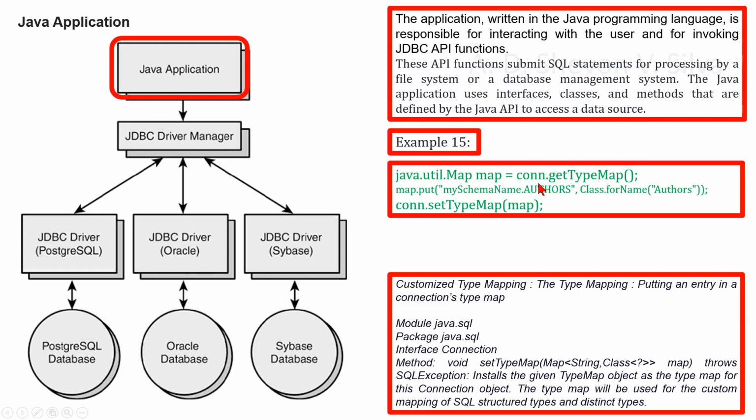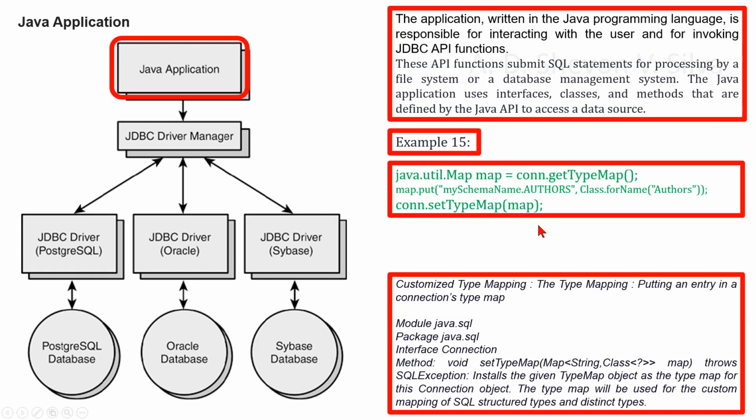The method connection.setTypeMap sets the given java.util.Map object as the type map for conn. When a SQL value with a custom mapping is being retrieved by the method ResultSet.getObject